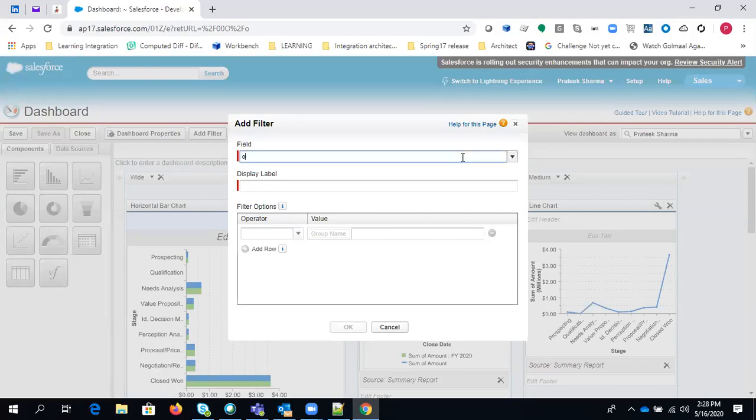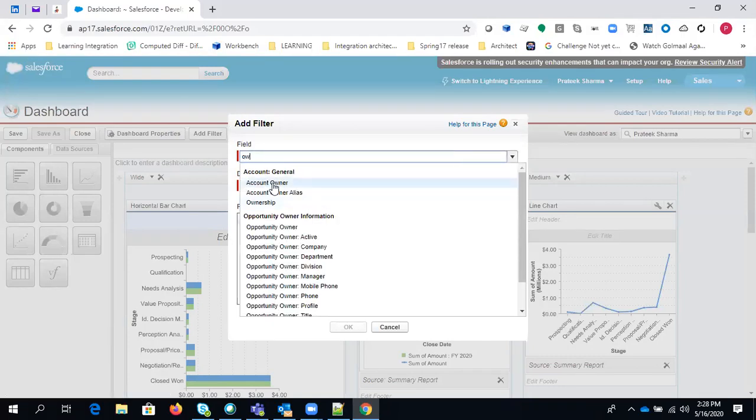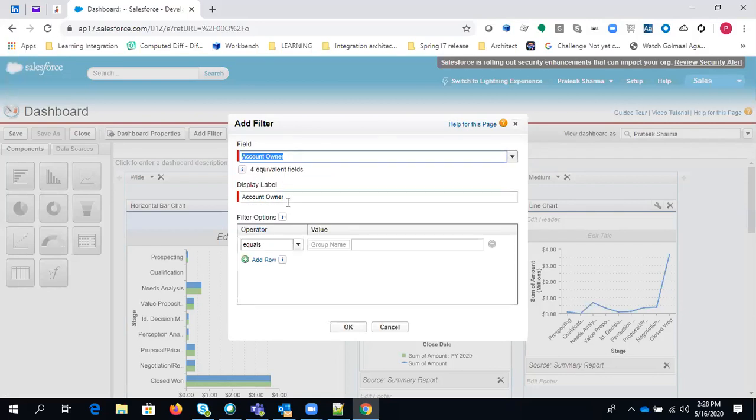Let's say owner. So we want to filter it based on the owner. Account owner equals, let's say I just want to select the records related to Pratik Sharma. If account related to Pratik, then it will show all the accounts.